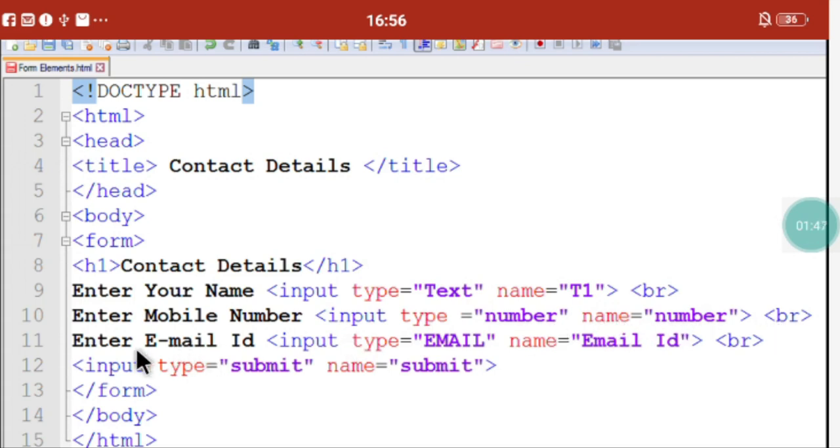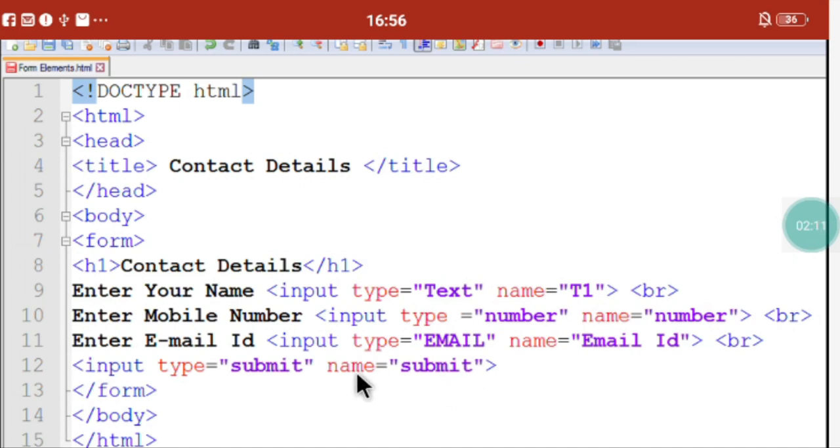Okay, so next enter email id, input type equal email, name equal email id. So here next text box we are going to see with the name enter email id, where the user can enter his email id. And then we use input type equal submit, name submit.